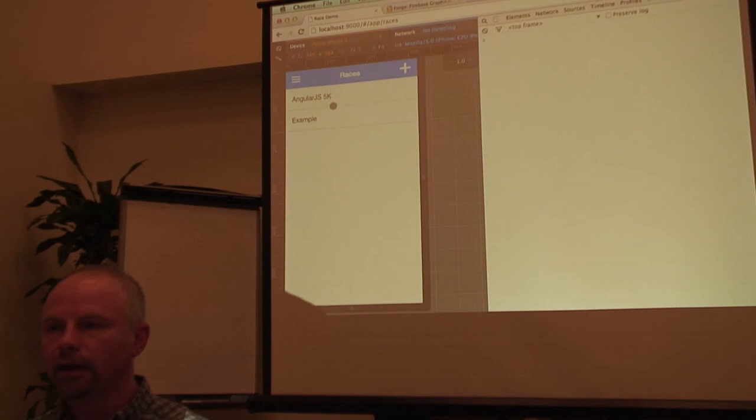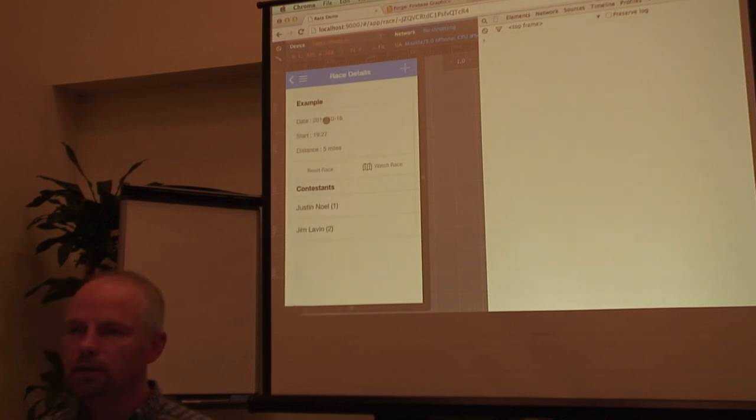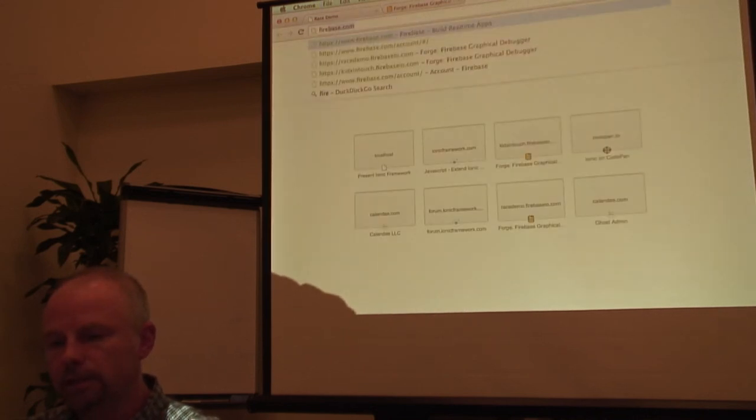So these here, if I'm going to look at the example race, I don't need to go querying it because I already know what it is. So I don't go ask, give me the example race. I link to the example race. So a lot of times with apps, you don't necessarily need querying. If you do need querying, Firebase is kind of limiting right now. You can attach Elasticsearch to Firebase, and so you can do all the querying you might want to do. They're coming out with a new query mechanism where you can do it without needing Elasticsearch, but right now they don't. Some other really nice things about Firebase are